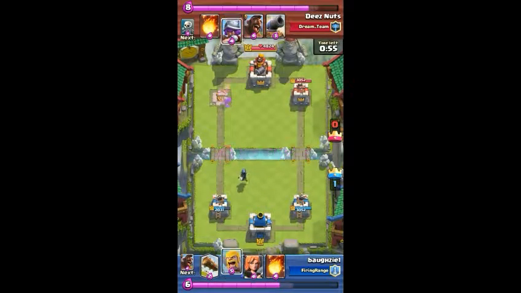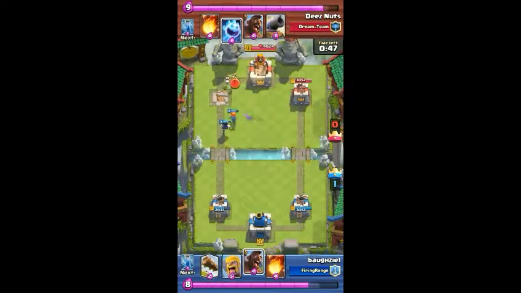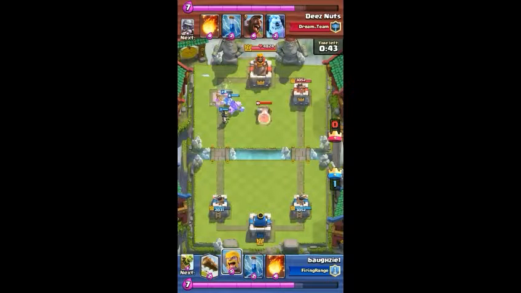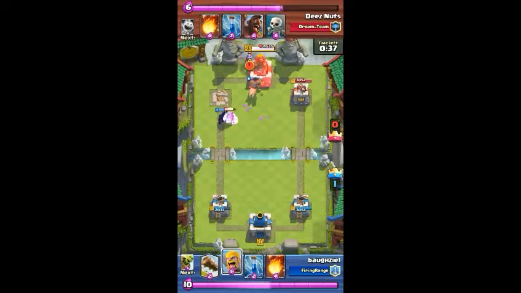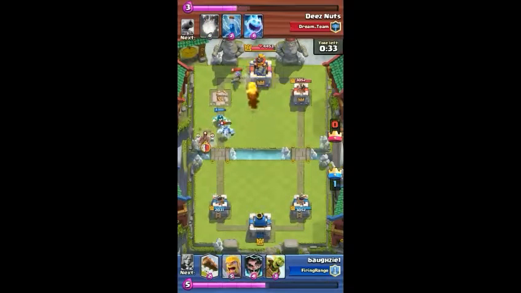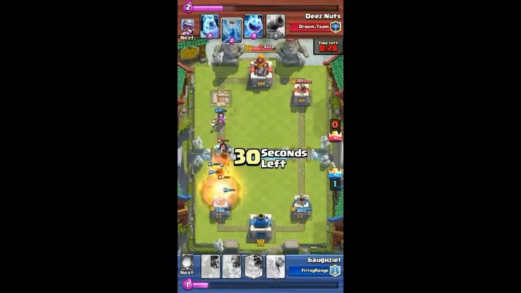So I just dropped my Electro Wizard because I thought he was actually going to drop something. He didn't. So I dropped my Valkyrie to protect my Electro Wizard. And then I dropped my Hog Rider. But the Hog Rider doesn't do much. I Fireball Zap his Musketeer again. Put Barbarians down for